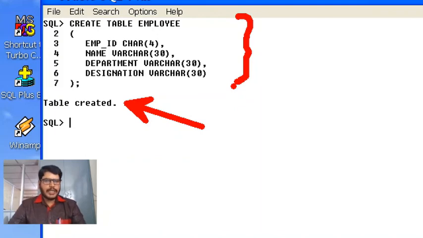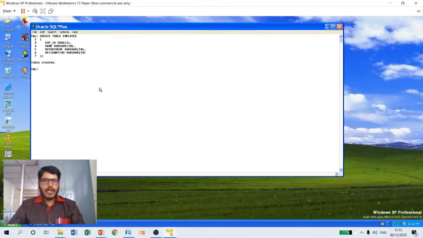Similarly, very quickly, let us create one more table here. So now I'm going to create what student table. Create table student. Press enter. Give a open parenthesis. Give a enter, and again give some space here. Let me specify first column as a roll or exam number. Let us consider exam underscore number, as we are having two words in exam number. So exam number is alphanumeric. So for that, let me consider character with 8 digits. Put a comma, give some space.